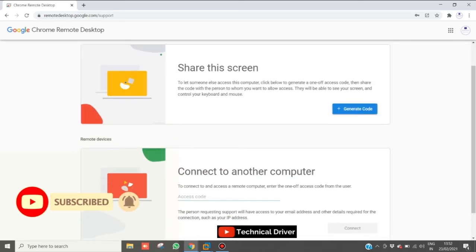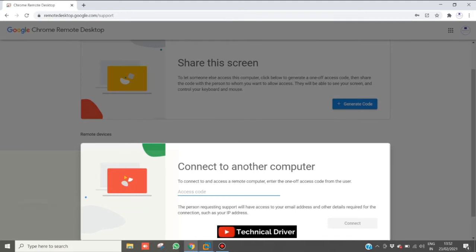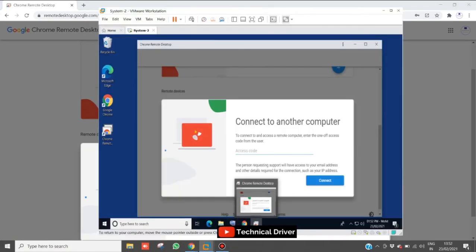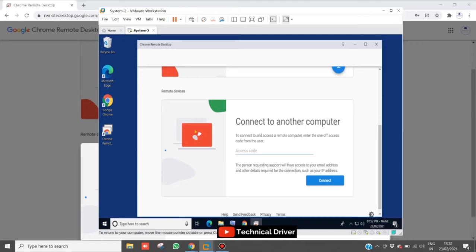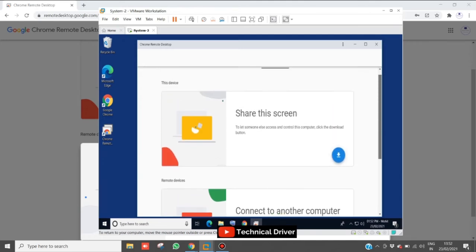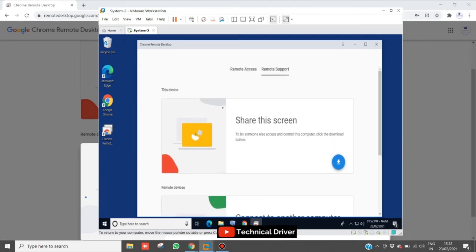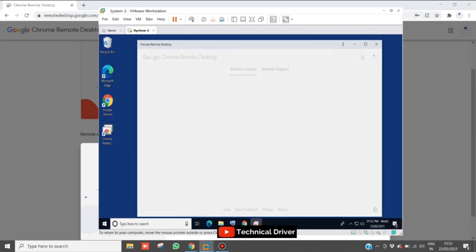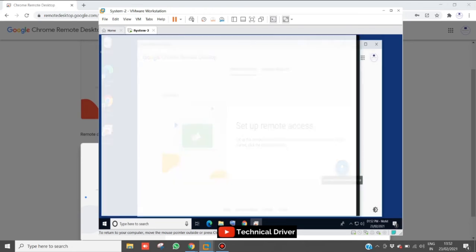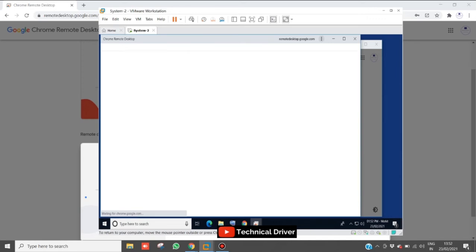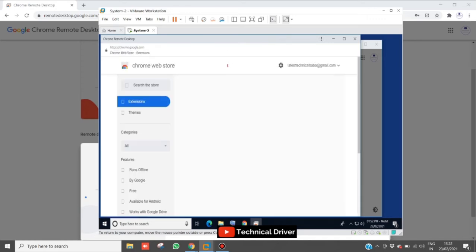Now I'm going to access my virtual machine by generating a unique code, because this virtual machine is new. First of all, I'm going to download the application from this website.